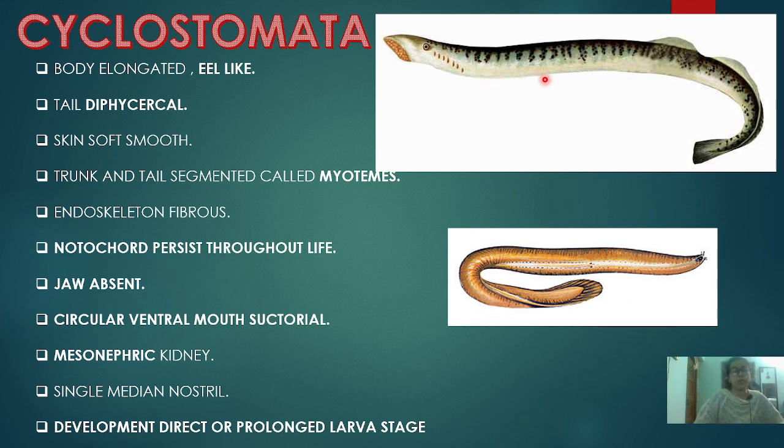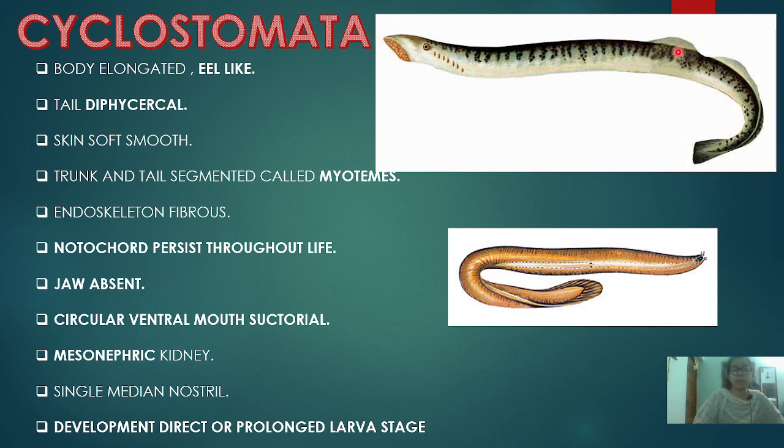And the endoskeleton, that is the inner skeleton, is fibrous in nature, and the notochord persists throughout life. Jaws are absent as they belong to the Agnatha group. So, jaws will be absent, and you can see here the suctorial, sucking-like mouth will be present in the anterior region. The mouth or the buccal cavity contains the circular mouth, and they have mesonephric kidney,